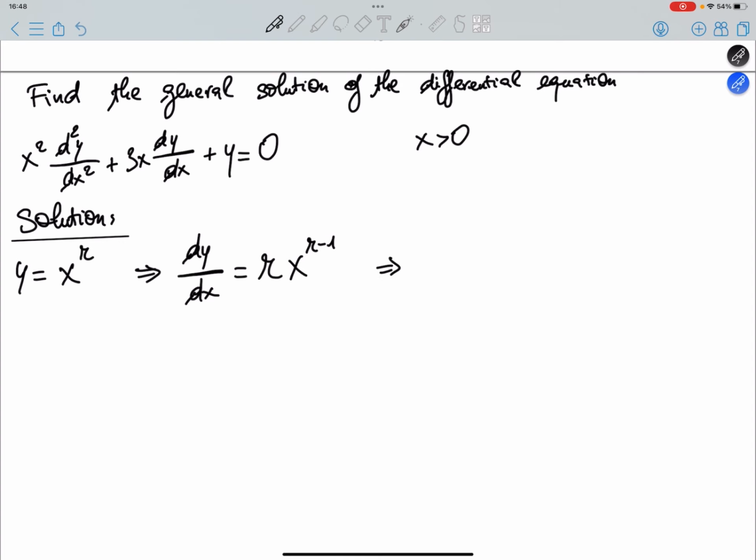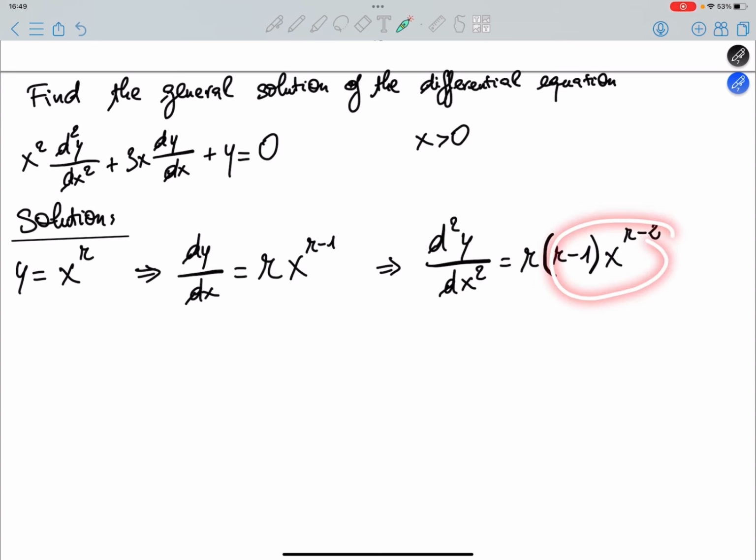Now the second derivative, d squared y/dx squared, is going to be equal to r times r minus 1 times x to the power r minus 1 minus 1, so r minus 2. Now we can substitute these into our equation. So we have x squared times d squared y/dx squared, which is this one here, so times r minus 1